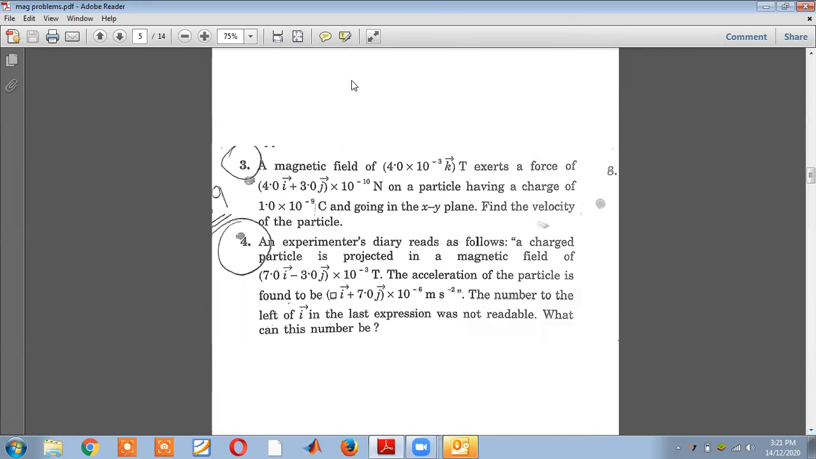All right, so can you see this? A magnetic field 4 × 10^3 k cap Tesla exerts a force on a particle having a charge of 1 × 10^-9 coulomb and going in the xy plane. So find the velocity of the particle. All right, so let us try to